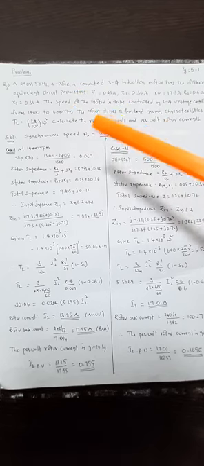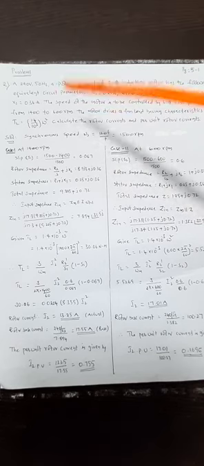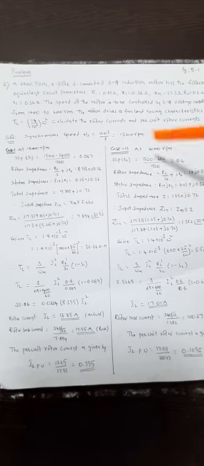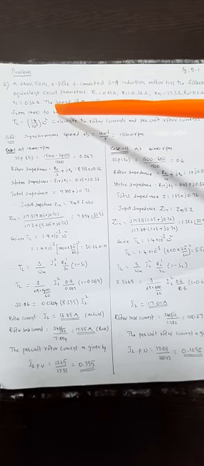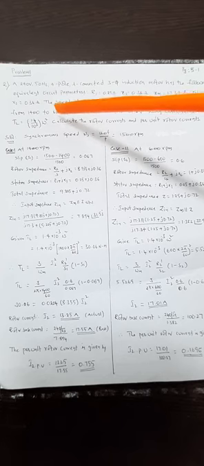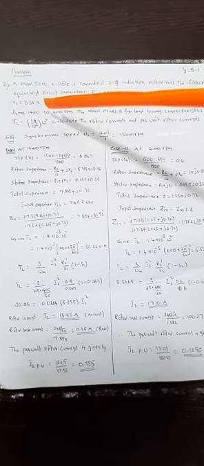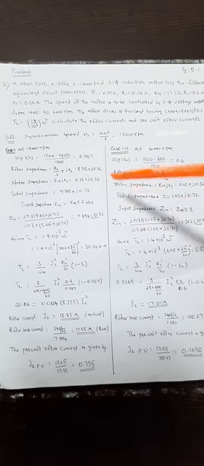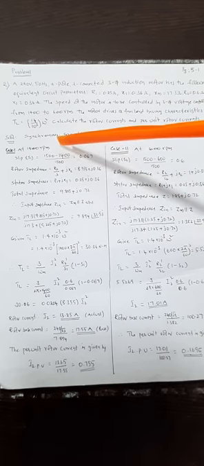For this, there are two cases: one is 1400 rpm, another one is 600 rpm. In some problems it becomes 1600, but stator voltage control is possible below the rated speed only. That's why it is not 1600, only 600. So please remember, only speeds less than the rated speed are possible for the speed control of the induction motor on the stator side. Let us calculate the synchronous speed for any problem.